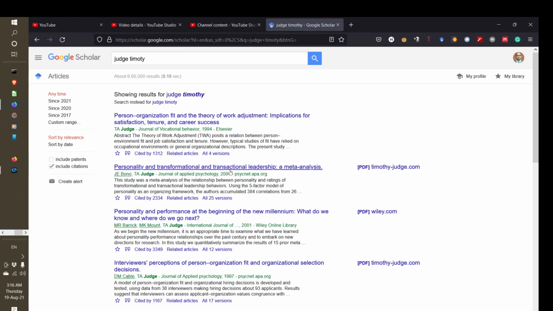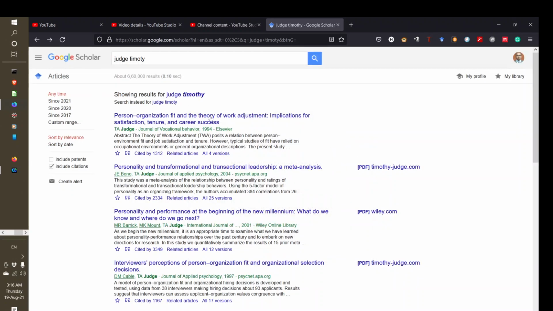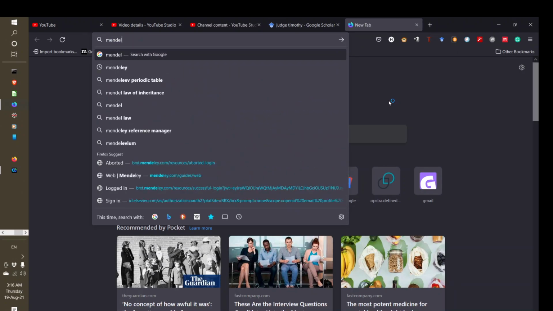Now suppose I want to cite this. What I will do, I will go here and I will copy and I will paste. Now I'm going to tell you something interesting which will help most of the research scholars. So what we do, we go to a reference manager. Now what is a reference manager? It is simple, who manages a reference. One of the famous reference managers is Mendeley.